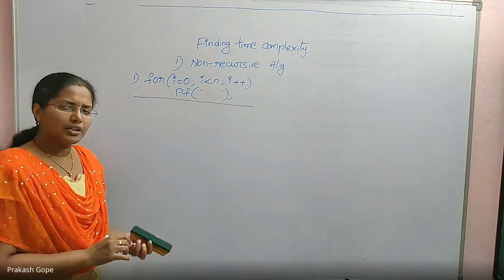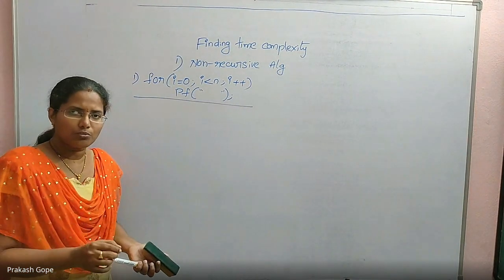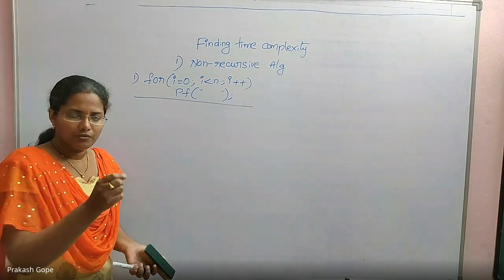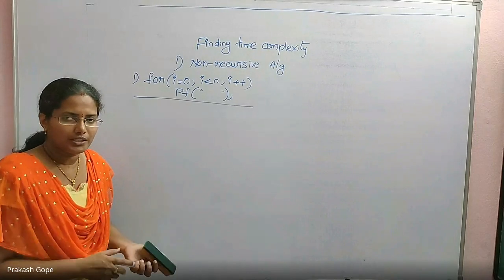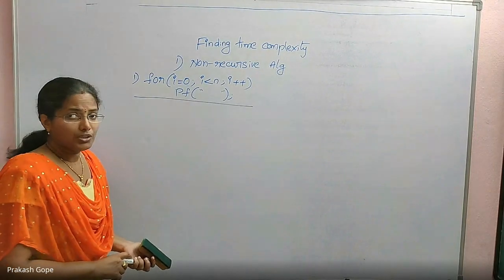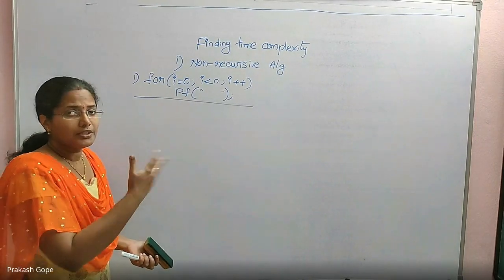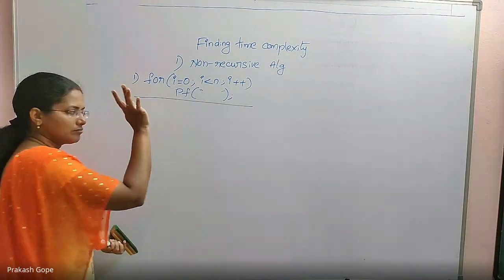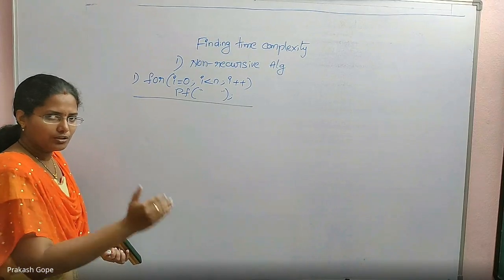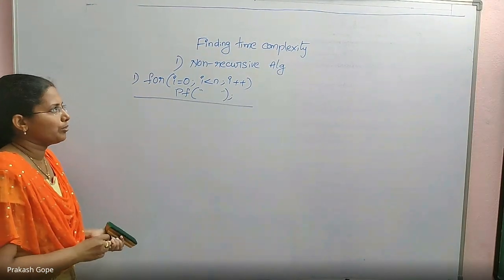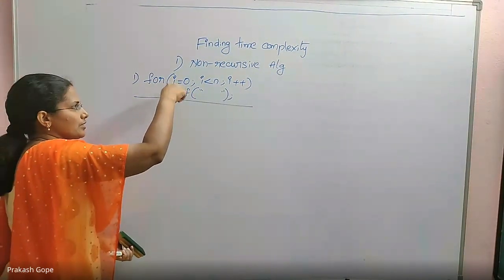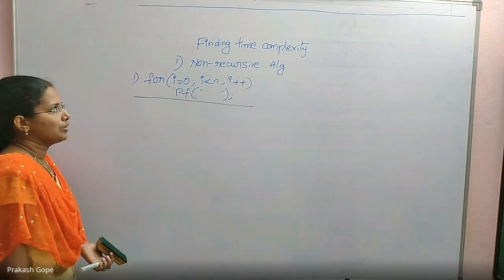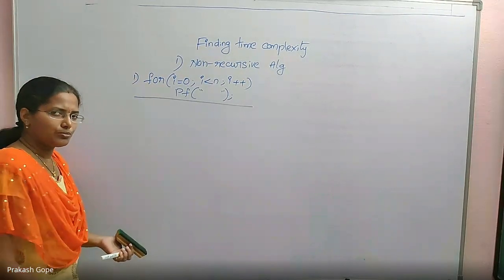There can be another 10 or 20 other instructions also, but 20 is a fixed amount. We are not interested in that fixed figure. We don't have to add that plus 20. It doesn't have any meaning, because we are studying the algorithms as n tends to infinity. So our interest is on that n. Even if you have another 20 or 100 instructions, no problem. This is a for loop. Yes, this makes the difference in the time complexity of an algorithm. So we are interested in those for loops or while loops.